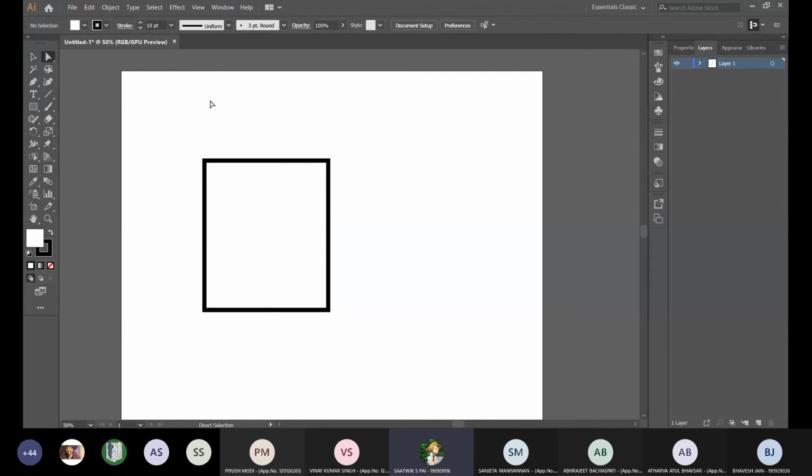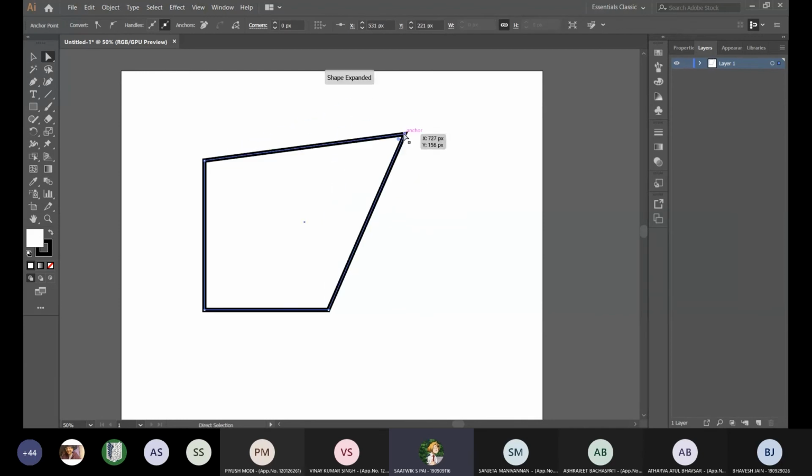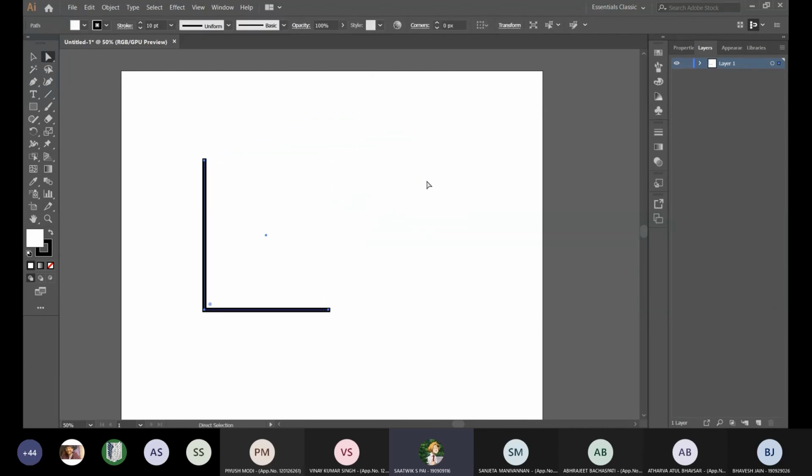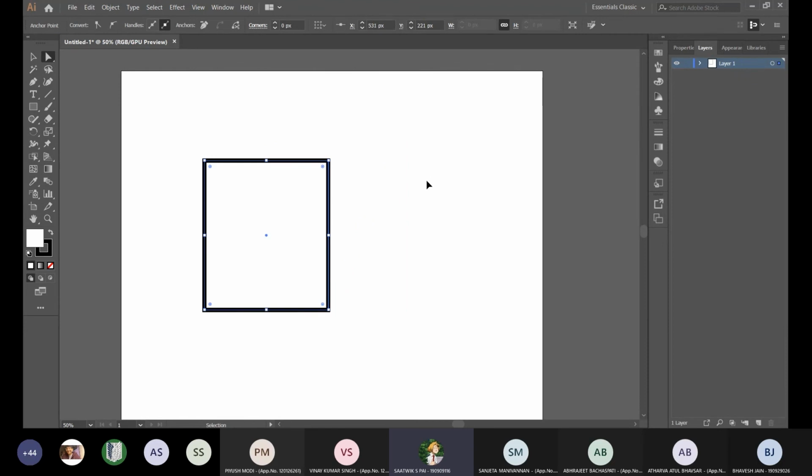Then I'll be using my selection tool, direct selection tool. इसमें I have control over just this edge. I'll be able to do whatever with just this edge. Like just like last time, I'll be able to move this wherever I want. Only just this edge. That is a specialty with the direct selection tool.